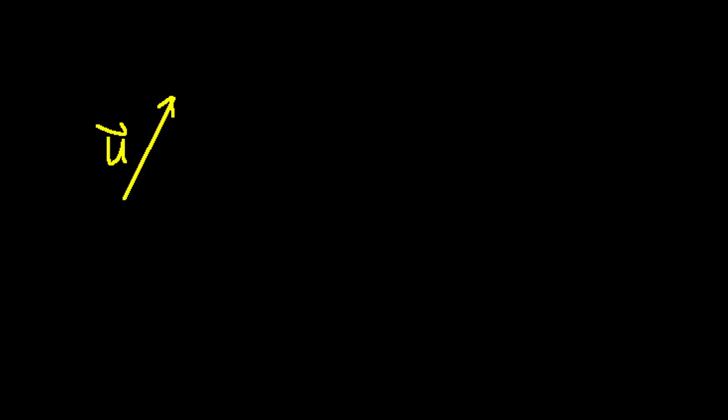And next, we're going to have another vector, which I'll go ahead and put over here, and this one will be called v. Now I've drawn the tail of v at the head of u, and there's a particular reason for that, because